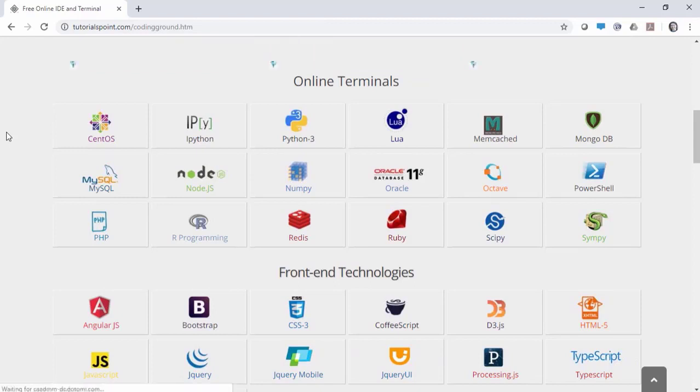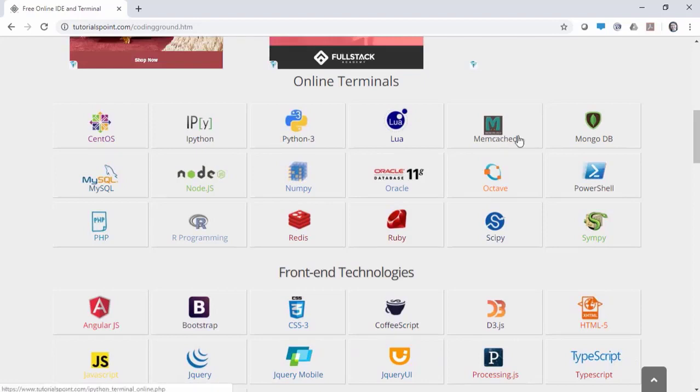Now, very popular ones here are PowerShell. PowerShell is the Windows command line that you can write some shell scripts. You hear that term a lot, PowerShell scripts. That's the Windows scripting language that you'd be writing. For the online terminals, you can also write some Python, CentOS, and this is for Linux, MySQL for some database scripting, some Node.js, some Node JavaScript, if you want to write some JavaScript